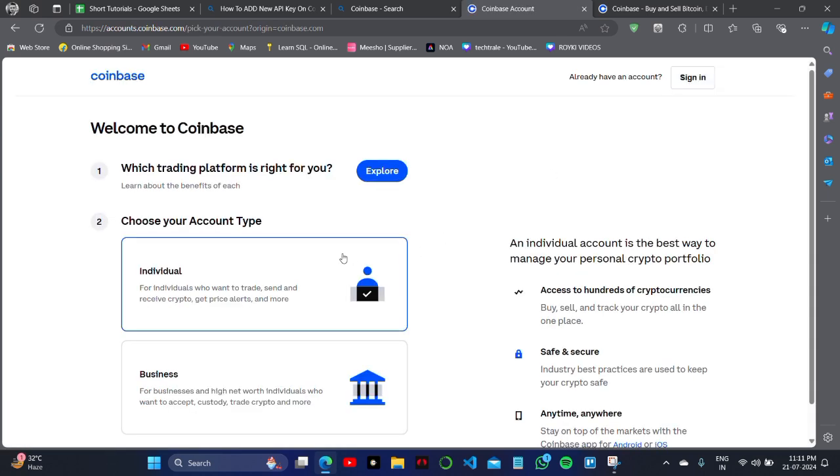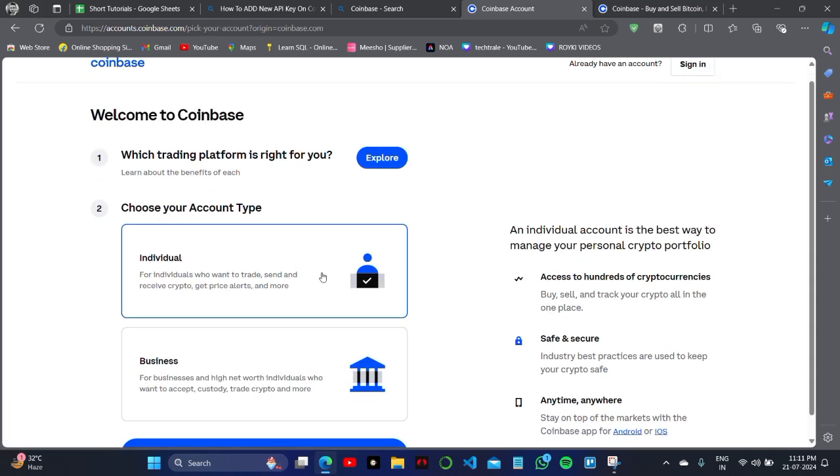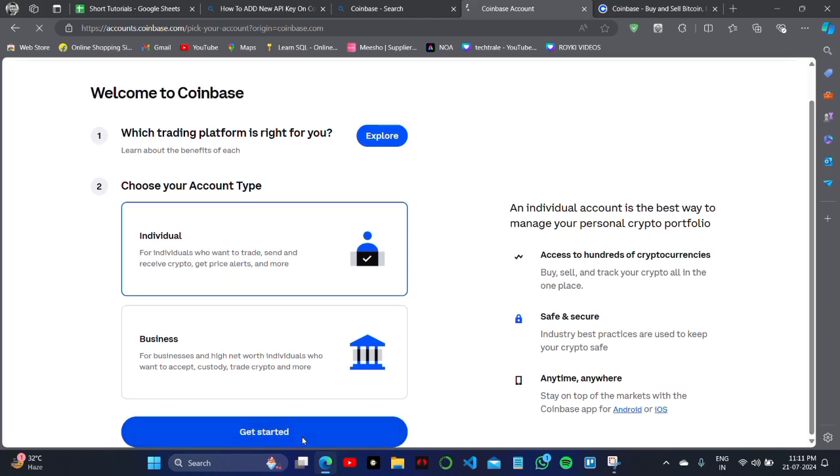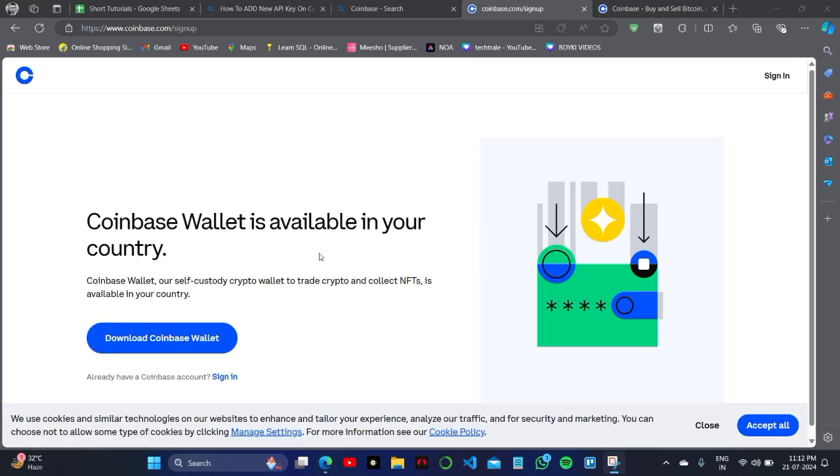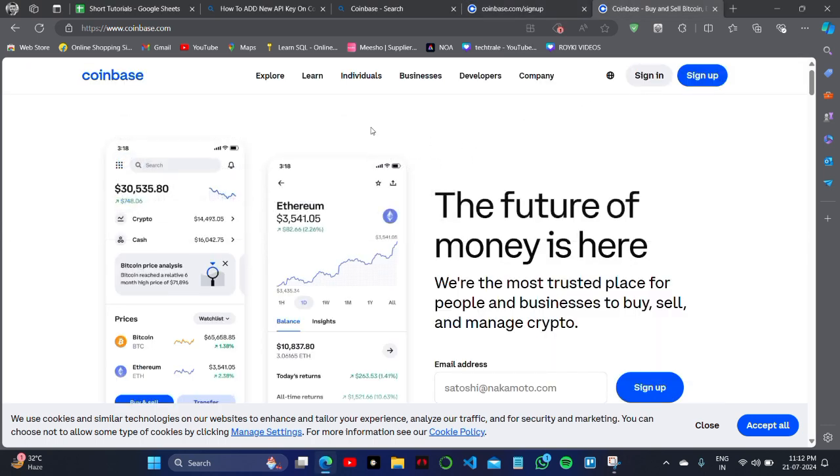If you already have an account, you should sign in. If you don't have one, you can create an account, as you can see I'm creating. Now this is the home page after you sign into your account, and then what you have to do is